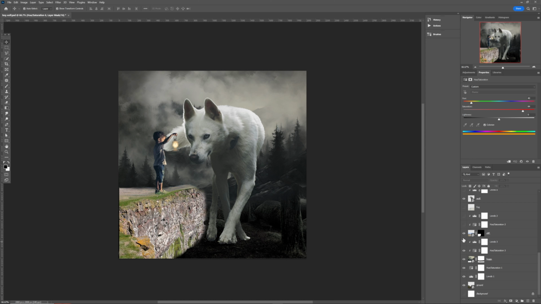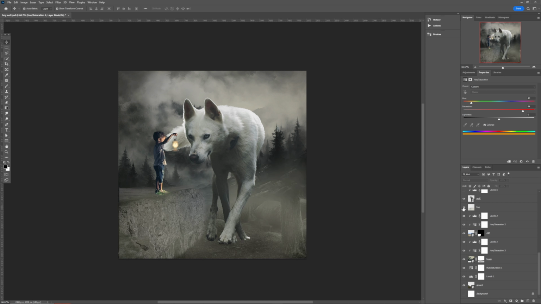And once we've done that, we'll come back to the cliff, and for the cliff, firstly we'll go ahead and desaturate it to color balance everything, and then add some levels to reduce the highlight. Once we have it like this, we'll go ahead and add some fog effects just like this to make it more misty. And once we've done that, for the wolf, we'll go ahead and add some level to reduce the